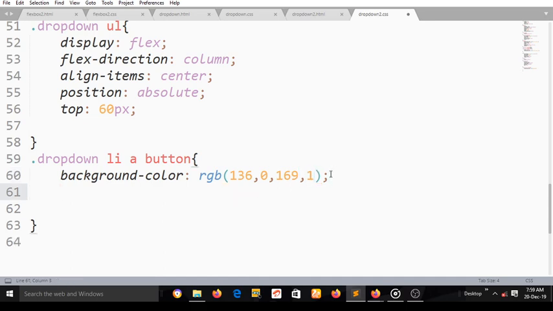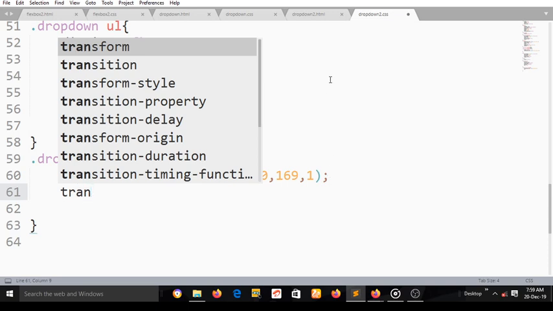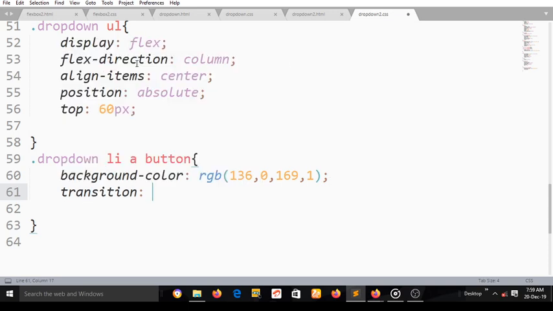Now I'm going to give it a transition, and my transition is going to be all 0.3 secs,